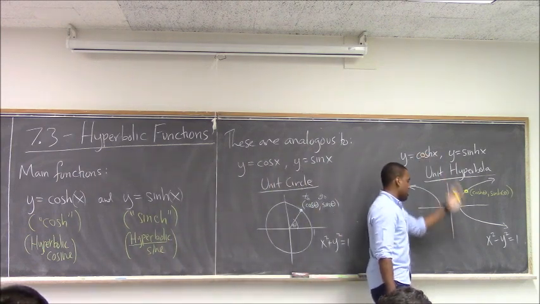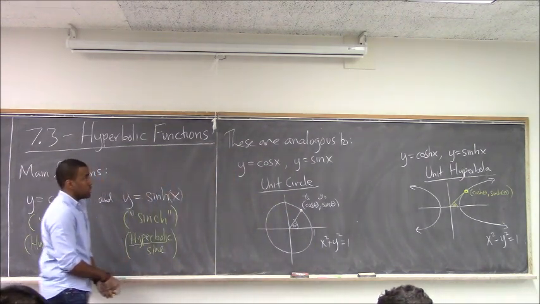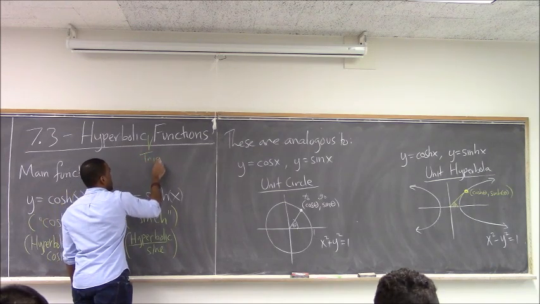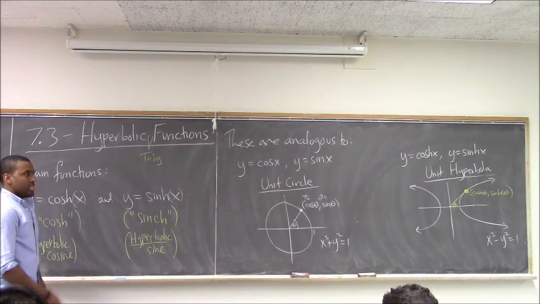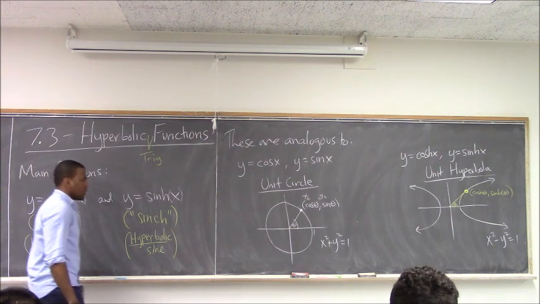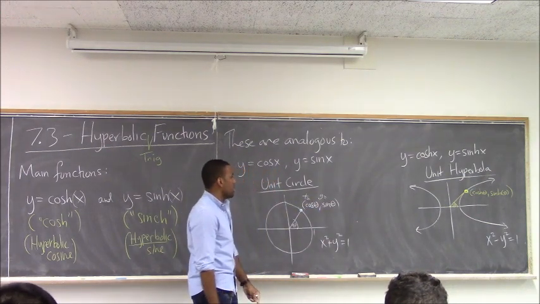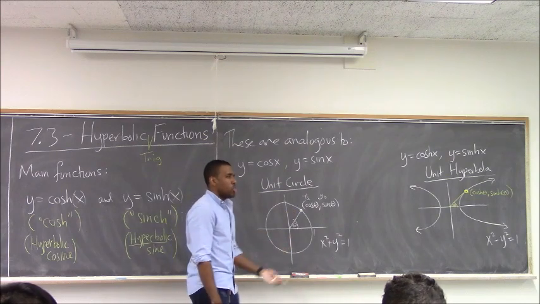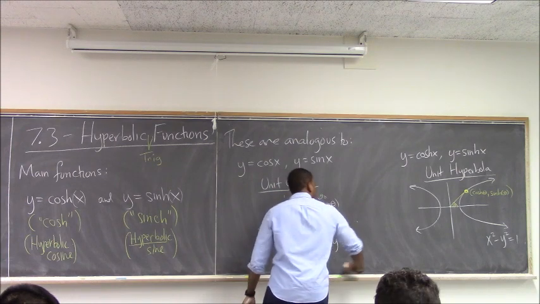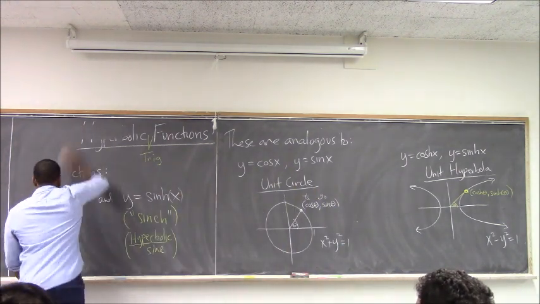So you can do the same thing with a hyperbola, and that's how you come up with these functions, the hyperbolic sine and cosine. And sometimes they're called hyperbolic trig functions, though not always, because they actually function, pardon the pun, a lot like trig functions. So a lot of the identities, these guys will have similar identities that go with them. A lot of the rules of calculus here, you'll have very similar rules with these guys over here, and you have very similar things defined. So for example,